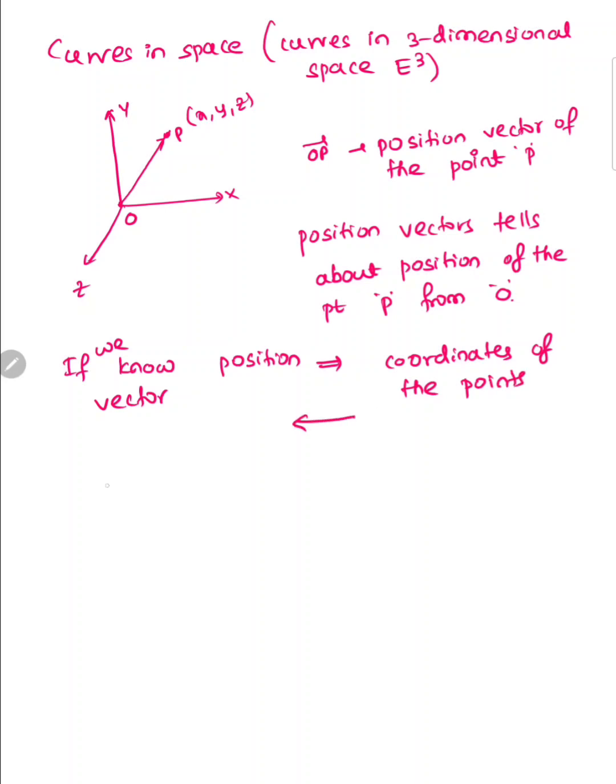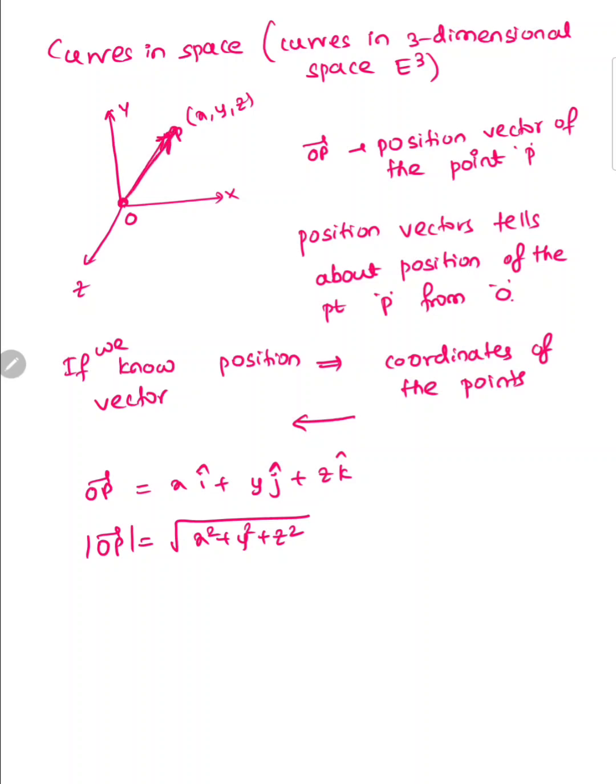P. For this, the position vector is xi plus yj plus zk, and the length of the vector, the magnitude, is equal to the square root of x square plus y square plus z square. This gives the length of the vector OP. So the distance between O and P is the magnitude of OP. Now,